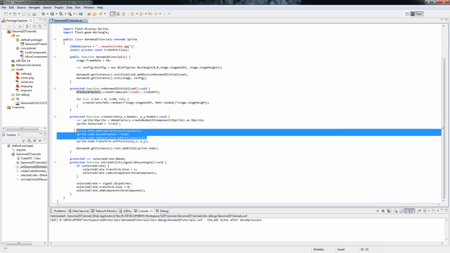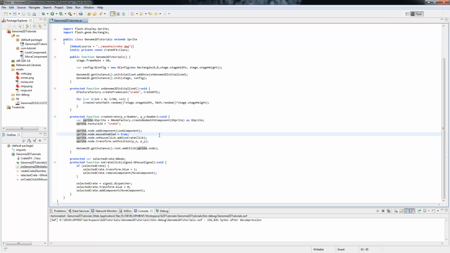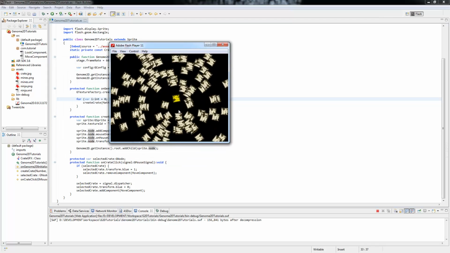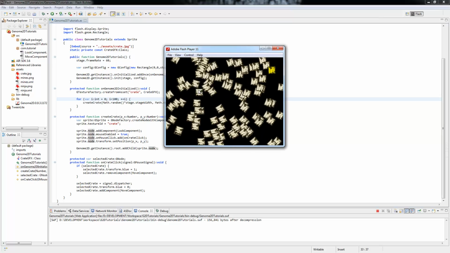If we want to, let's say, move the view itself, for example, let's start from the previous example. We have 100 crates. As you can see, this is the previous example. I changed it a little. I added a color transform to the selected node. I removed the blue channel, so it's yellow now. So we have a scene like this, and now if we want to pan over it, like move the whole view to the right or to the left,